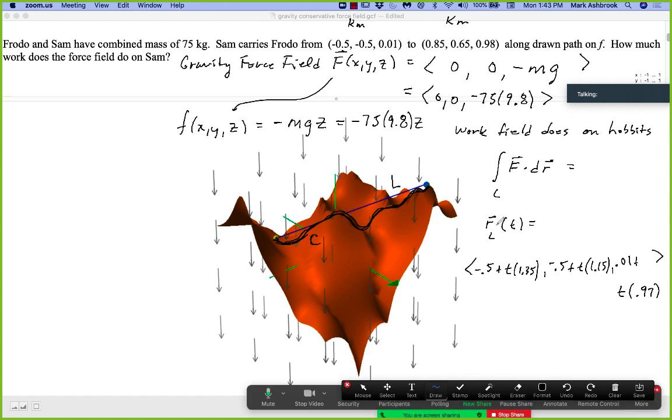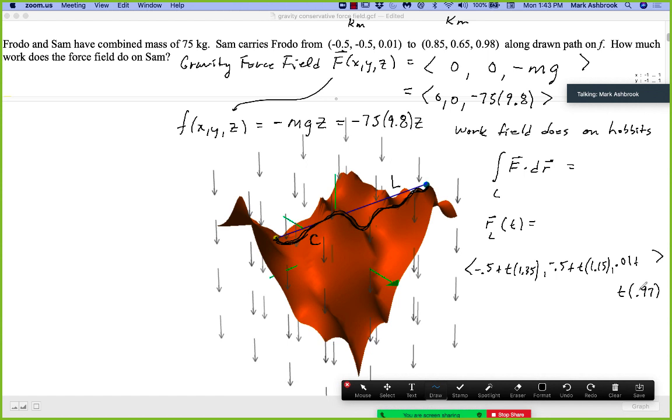So there's my vector parameterization of the line using the starting point, and my parallel vector is the whole vector from A to B, and that way my t can go from 0 to 1. So now we're ready to do the integral. The integral from 0 to 1 of f, which is 0, 0, negative 75 times 9.8,